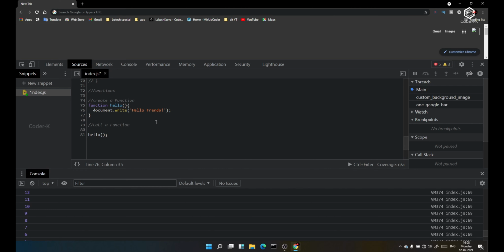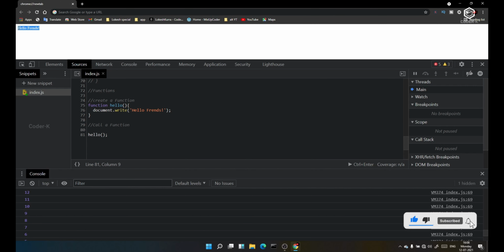I provided the parentheses and also I call the function. Now I am going to run this. Here you can see it printed hello in the document. It was written in the document, guys. If you want, you can even have an alert, guys. I will also produce an alert.